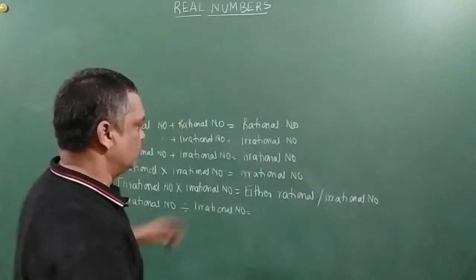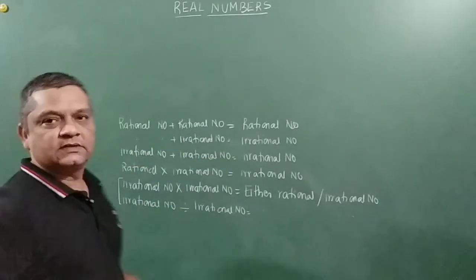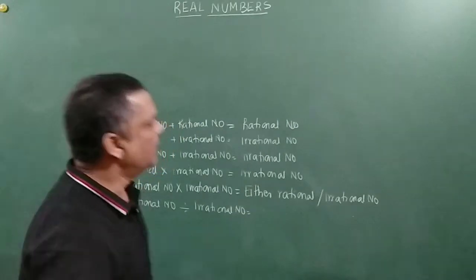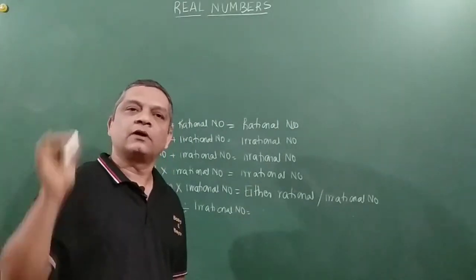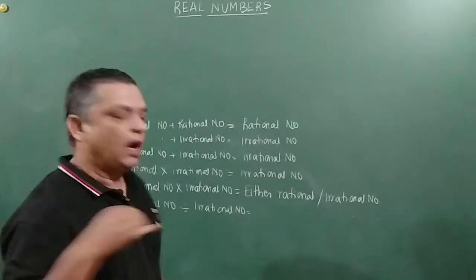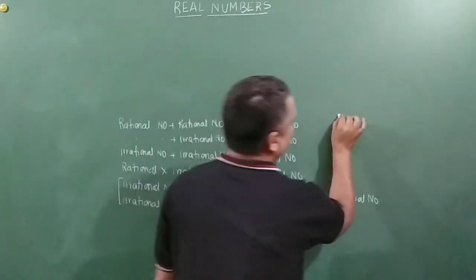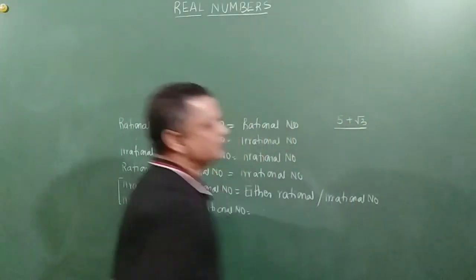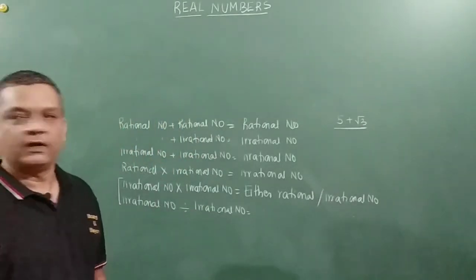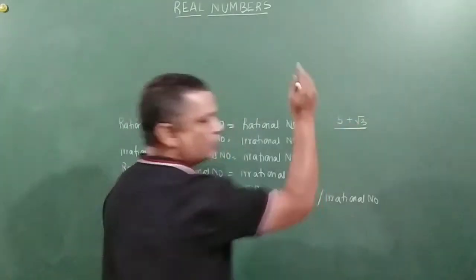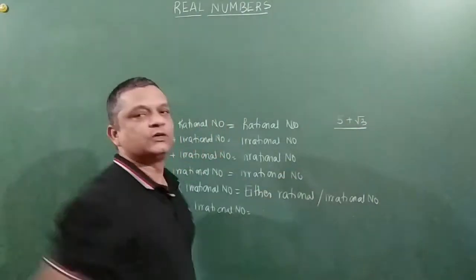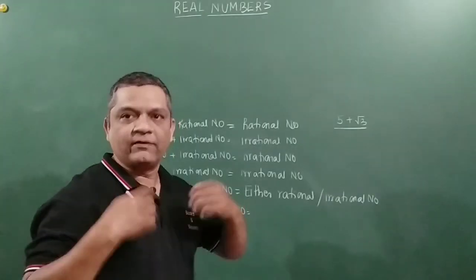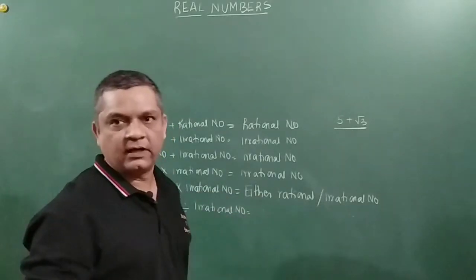Right? Now, why did I tell you all this? There must be some logic, right? Why did I tell you all this? Because during the examinations, or I have seen in previous question papers, how it happens is, let us say 5 plus root 3, prove this to be irrational. 5 plus root 3. We definitely for sure know that rational plus irrational is equal to irrational. So this is a rational number. Okay? So we have got a confirmation here that this is an irrational number.